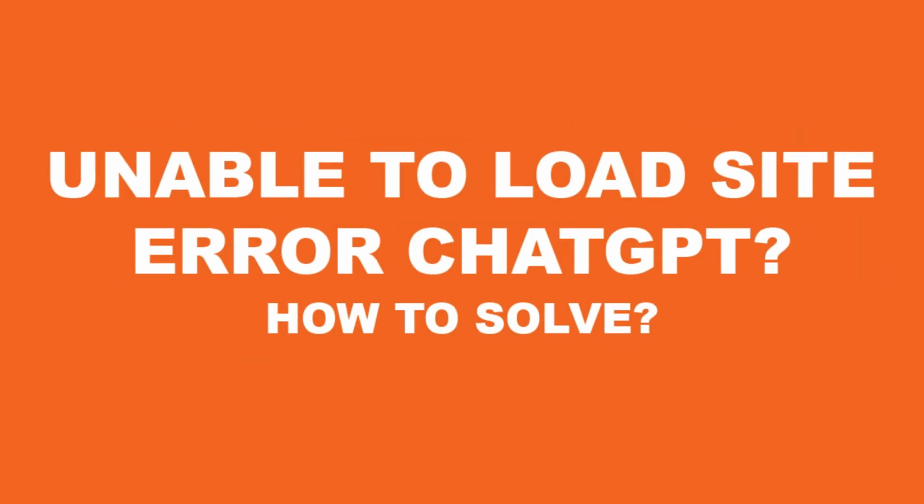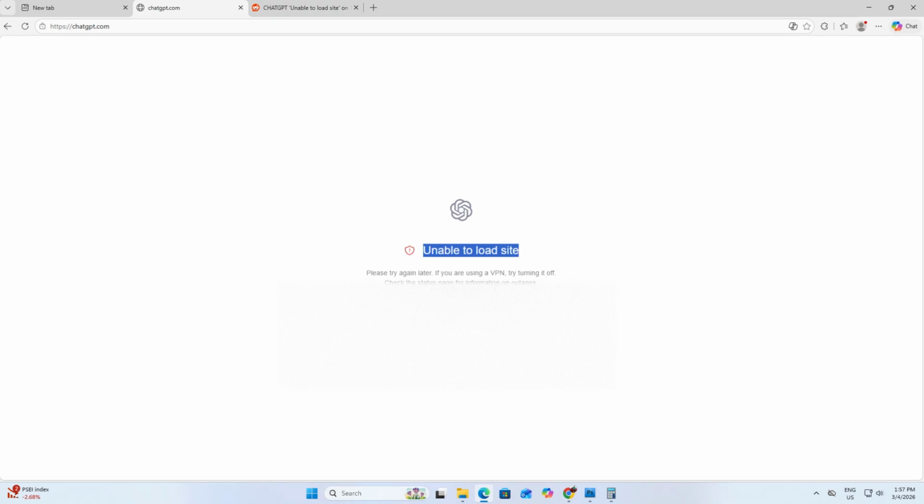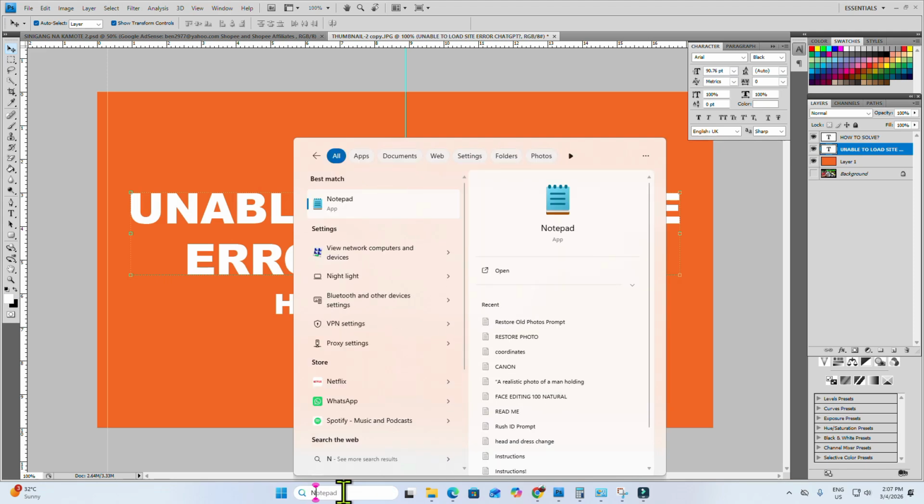Is ChatGPT showing an error on your computer? Are you getting a message that says unable to load site? In this video, we will try to fix this issue. Let's get started. First, go to your search bar and type network, or simply type and search for network settings,